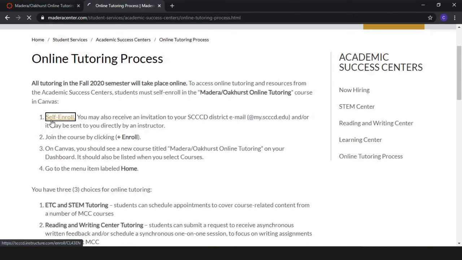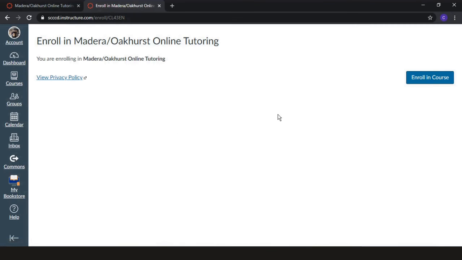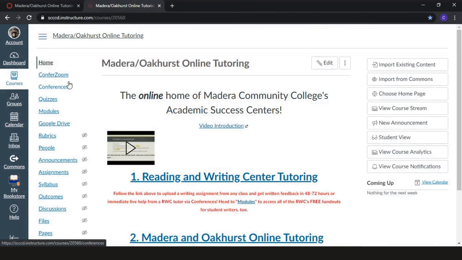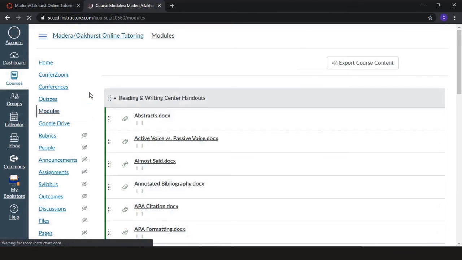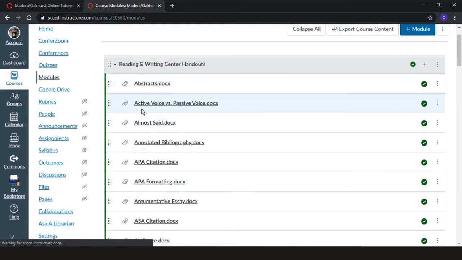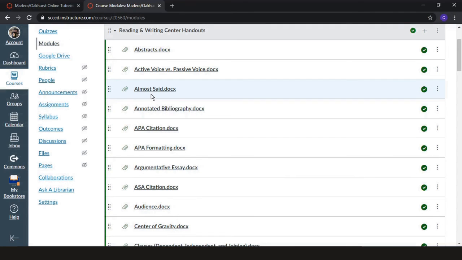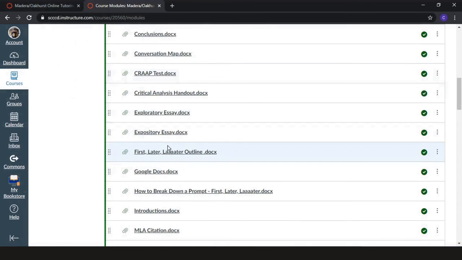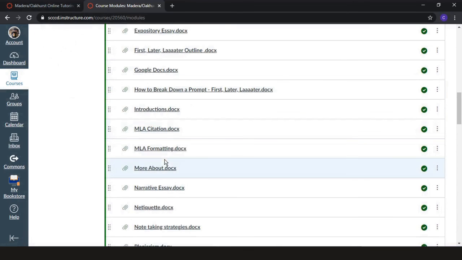Clicking on this will enroll you in the Madeira No Cursed Online Tutoring Center's Canvas page, and once you're enrolled, you can go to your courses, select the course, and you should be able to find all of the handouts from the Reading and Writing Center under the Modules section, including the play-by-play. And they're all alphabetized, and each one of them has their own use and function, and we should be able to find one that works for you.